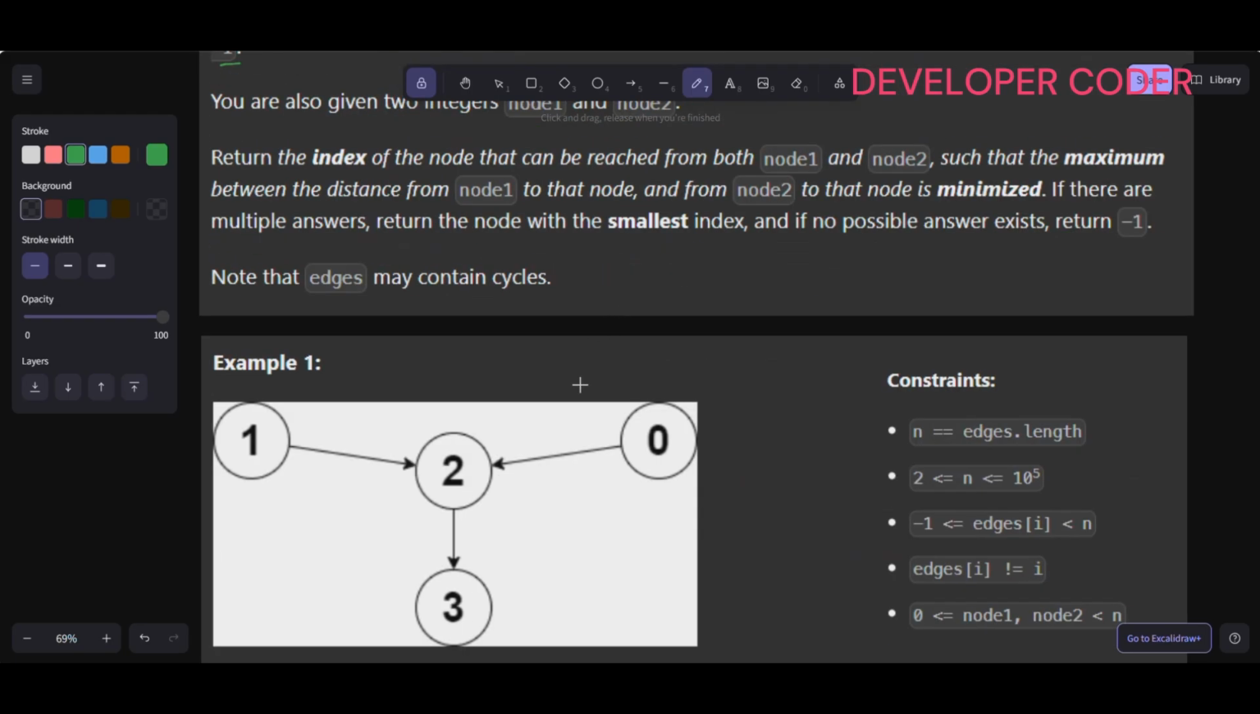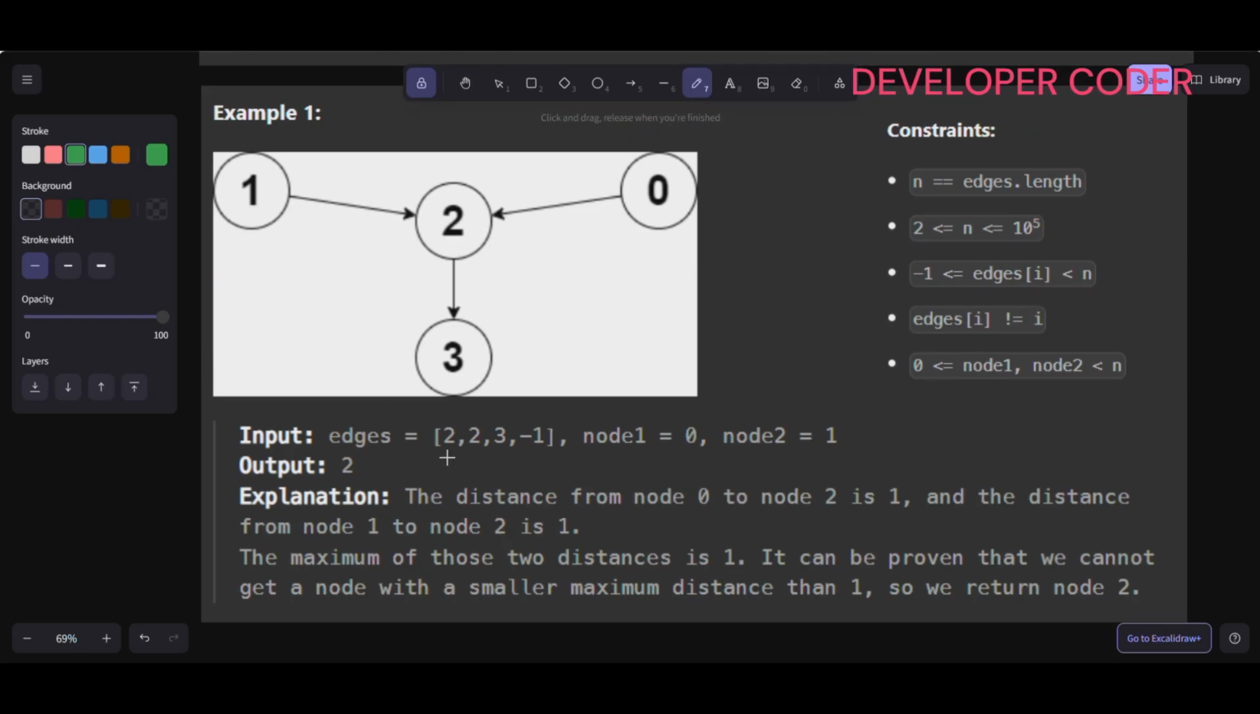All right. So see here, example number 1. This is node 0, this is node 1, this is node 2, and this is node 3. From 0 there is an edge to 2, so 0 to 2 there is one edge. From 1 to 2 there is one edge, and this is a directed graph, so you see this arrow here, 1 to 2. Then 2 to 3 there is one edge. Then for node 3 it is -1,